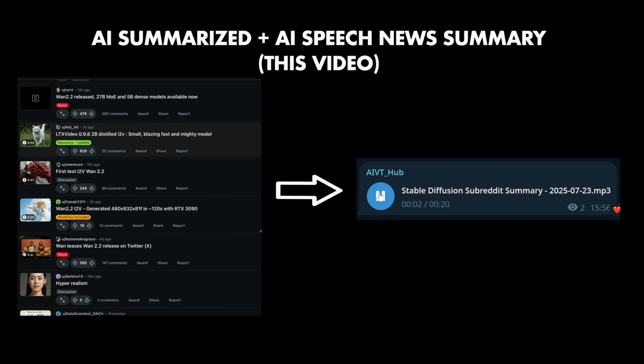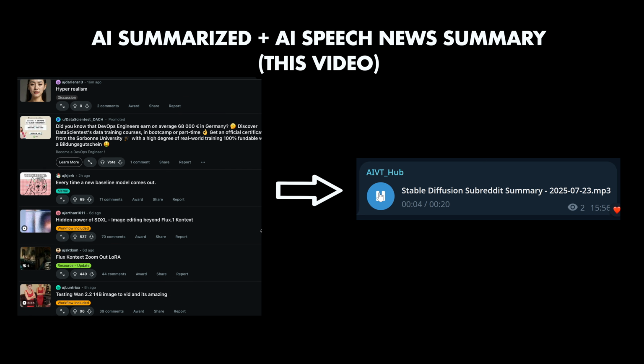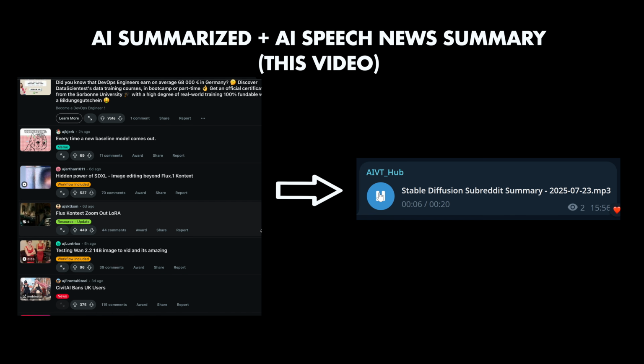The top posts on Reddit's Stable Diffusion community highlight advancements in image editing with SDXL and, at the end, innovative